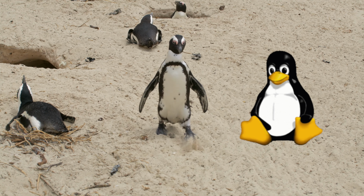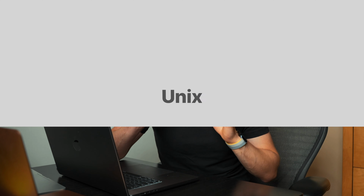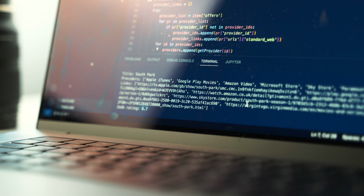Either get a Mac if you want to become a part of the higher class, or if you have some peasant Windows laptop, most people just download the Linux operating system and do all their programming on that one. And the reason for that is that macOS and Linux are based on the Unix system, which is a lot more developer friendly because the command lines are a lot better. I think the security is better, and there's a lot of reasons why essentially Windows is just not in fashion